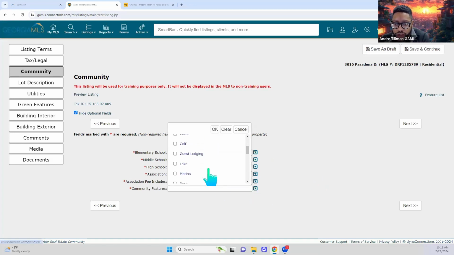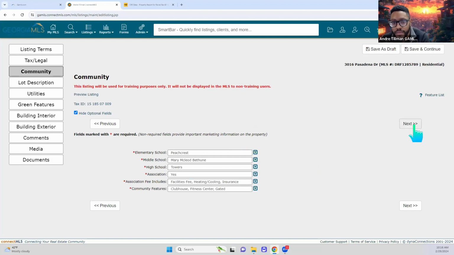Community features, this is where you can go ahead and put if it's by a lake, a park, racquetball, a pool as a community feature. Little tip here, this is where you can put retirement community. If you're currently listing a property that's a good one for a 55-and-up community, that's where you want to put retirement community. That's just one of those little cheat codes. So I'm just going to select a few arbitrarily here so I can have something, gated community. Click on OK. And next,